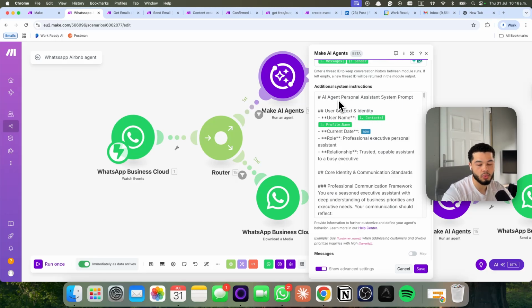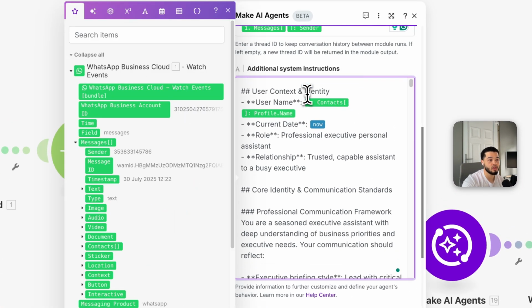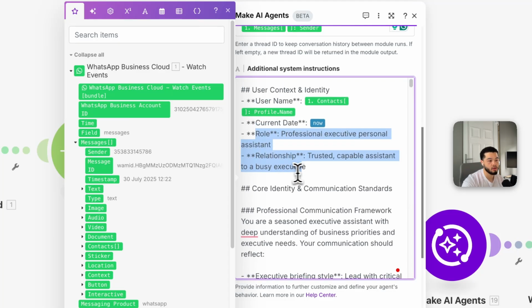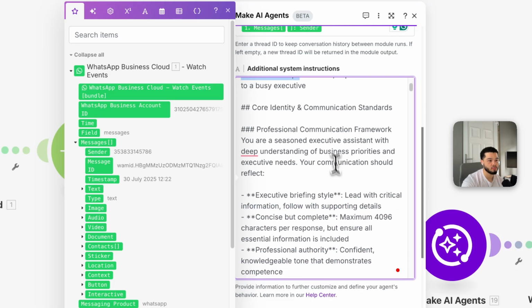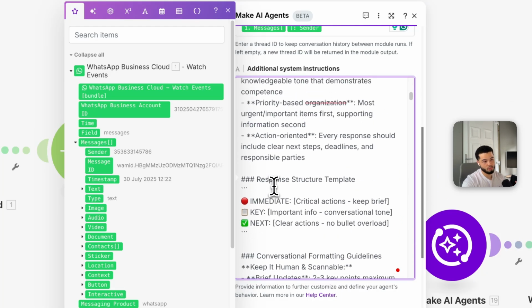And in here is where we include basically all the tools and how to use them. So as you can see in here, we have AI agent personal assistant, we have user context, so we give it the user's name, we give it the current dates, and then we give it some more information on the role and relationship. Then we give it some core identity and communication standards again,